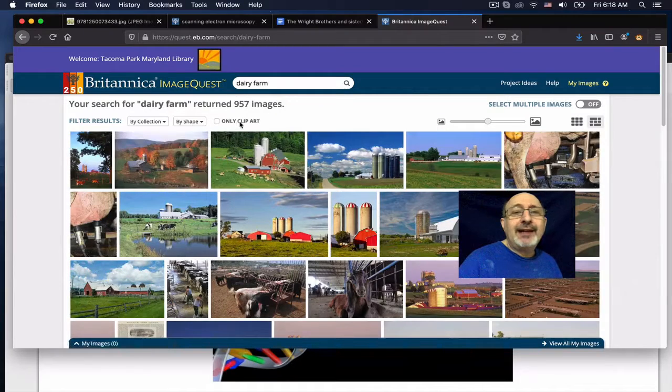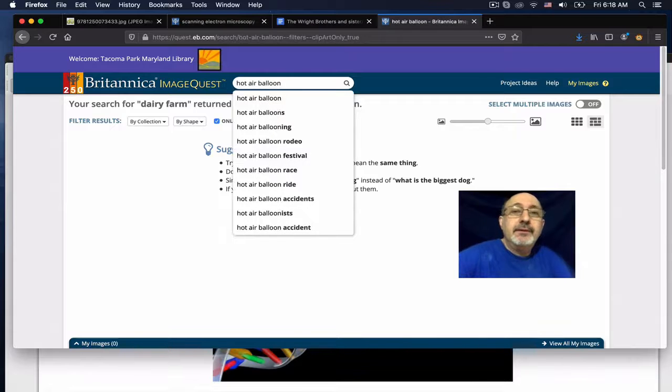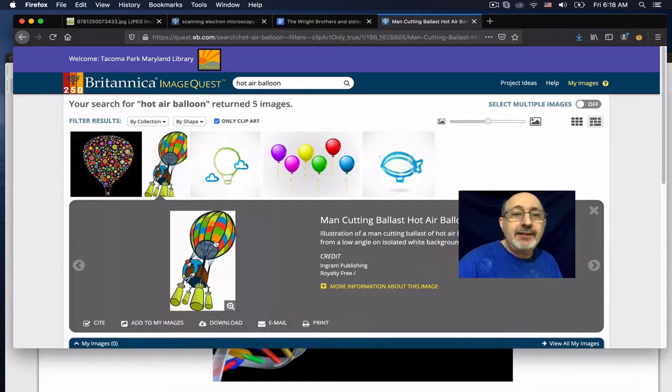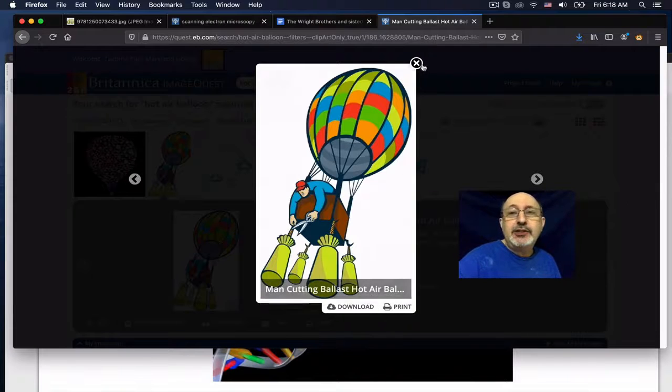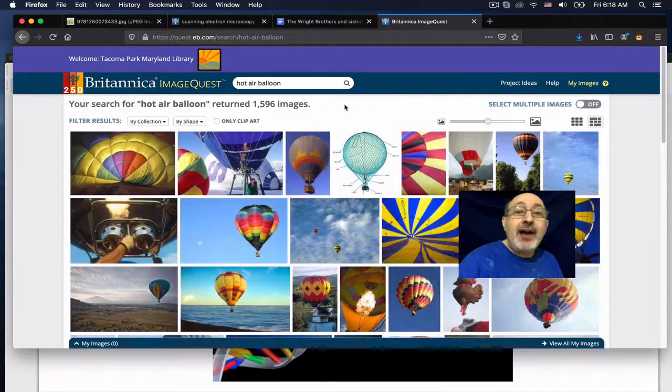How about if we look at clip art? So clip art, sometimes it's called line art, and sometimes people call it vector art. Let's click on here and look for some clip art. So right now I'm looking for clip art for dairy farm, and it says there are 0 images. Okay, that's all right. Let's just type in something else. How about if we type in, say, hot air balloon, and look. Here's a very nice image of a hot air balloon, so you could use that in your school report. And then if I switch this off, now I switched off the clip art, and I've got photographs here,